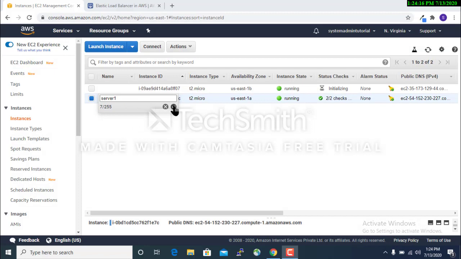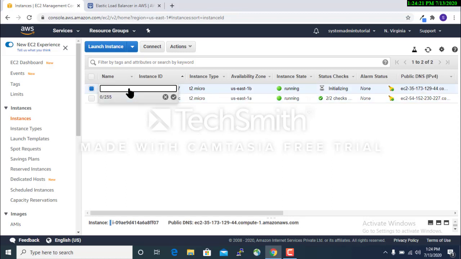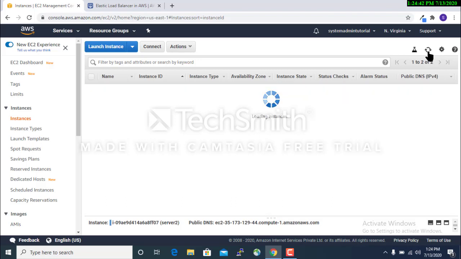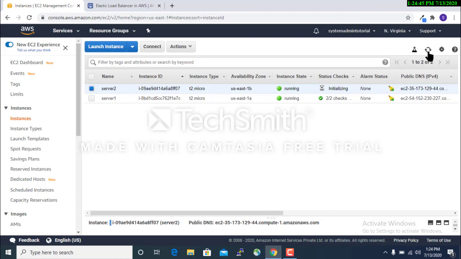Give the name server 1 for identification, and this one is server 2. Both the instances are in the running state, but the status check is not 2 by 2 yet, so wait for that.